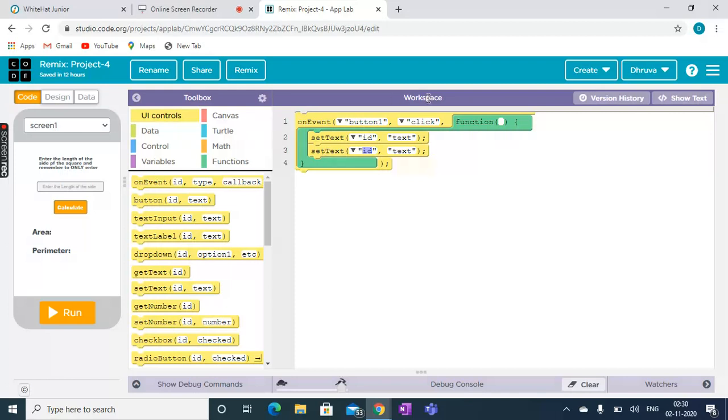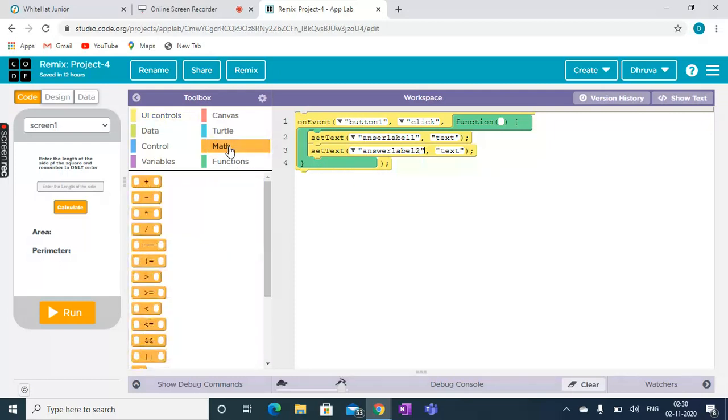The on event helps the computer know that when the button is clicked, it will happen. First I will keep answer label 1, and second answer label 2, meaning the perimeter answer label.